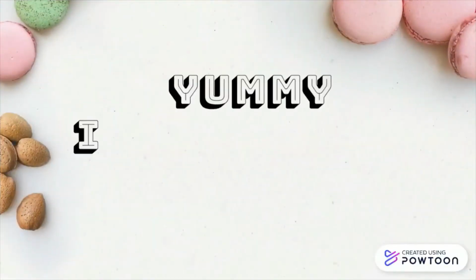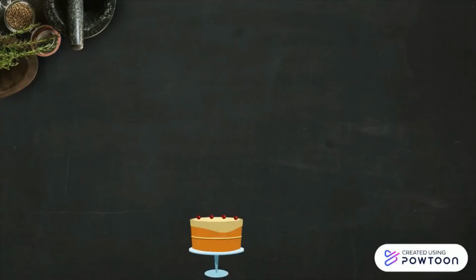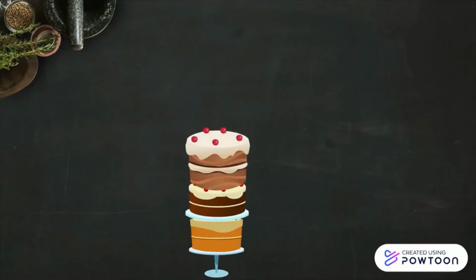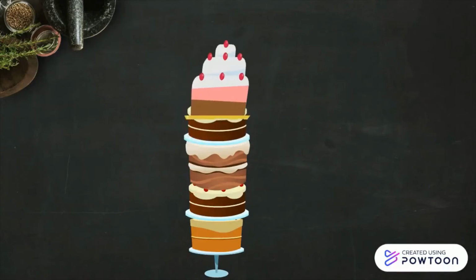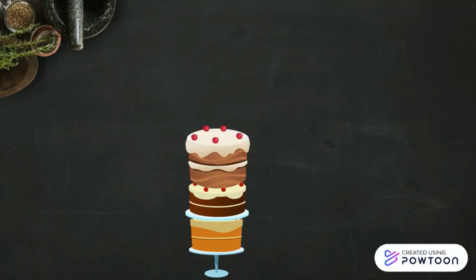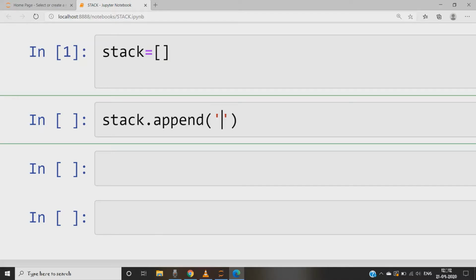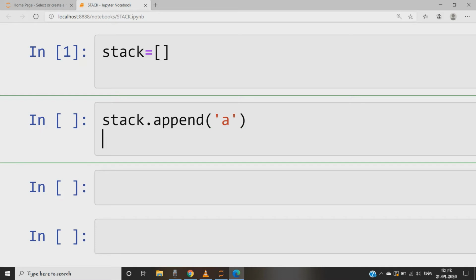Let me demonstrate a stack in a delicious way, where cake is inserted at the cherry end, or top, and the cake is also removed only from the cherry end, or the creamy end, or from the top. We can infer from the append and pop functions that insertion is done at the last position when we use append, and when we use pop without any index, it removes the last element in the list. Insertion of an element is also known as the push operation, and deletion of an element is known as the pop operation.